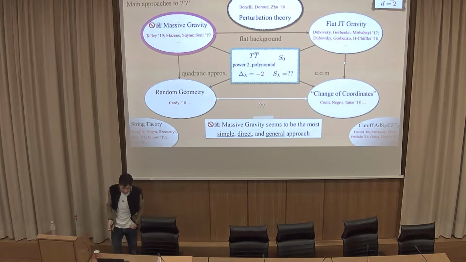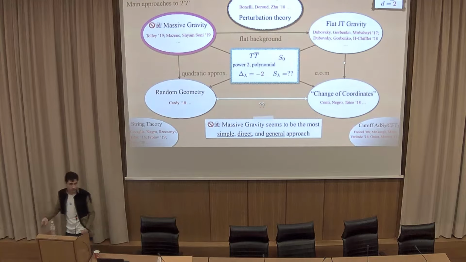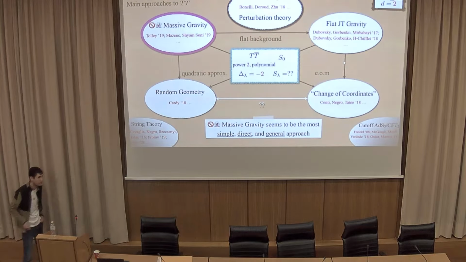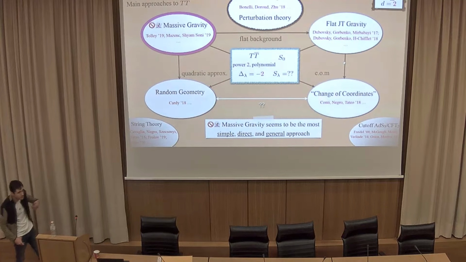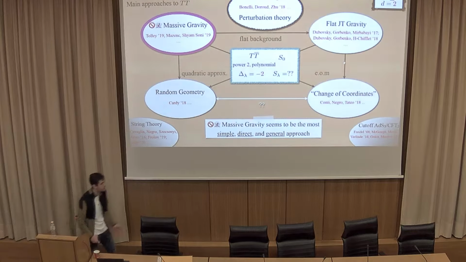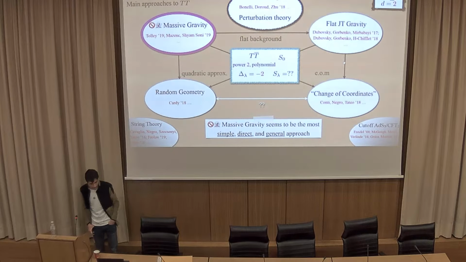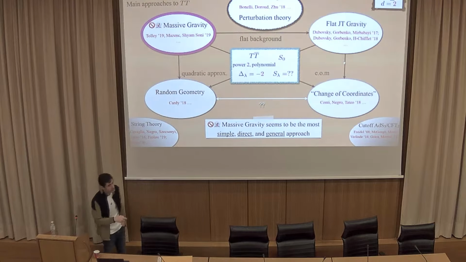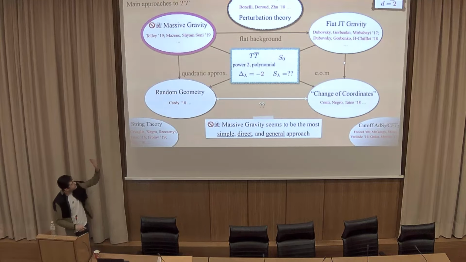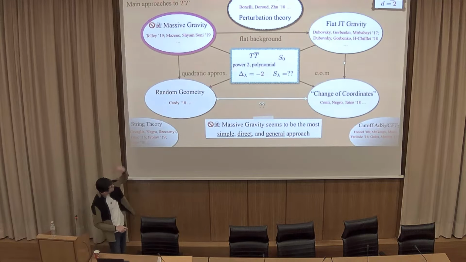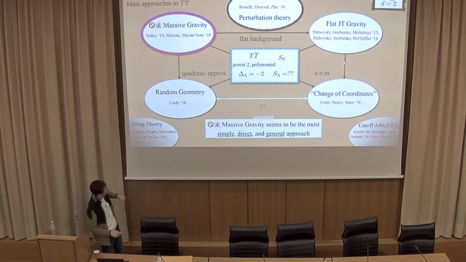So one way to find the deformed theory is standard perturbation theory. As I said before, this is a PDE that you need to solve. So you expand in small lambda, turn the crank, and hopefully you find something that is useful. Or you can just guess the answer. So that's the method here on the top. That's the answer method. By the way, many of these things here might not make sense to you. Maybe they will. I'm not going to explain in detail how they are connected, but I'll just tell you that all these things are related by some trivial calculations.